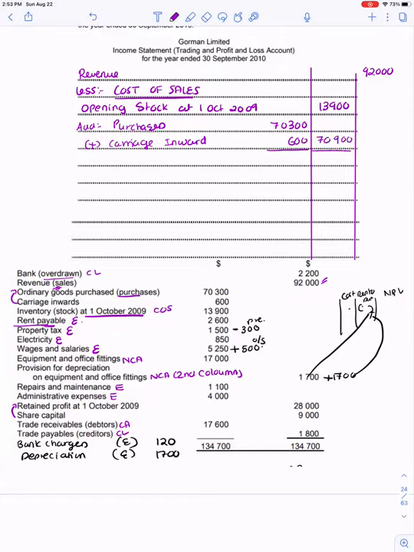70,900. Opening stock and purchases always arrive at a figure. So opening stock and purchases, but in the purchases do the adjustments, and the figure would come in the second column only. This is making it 84,800.